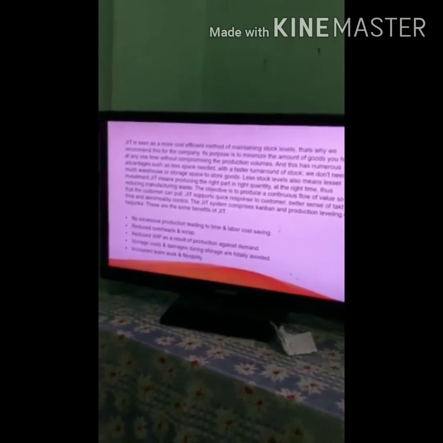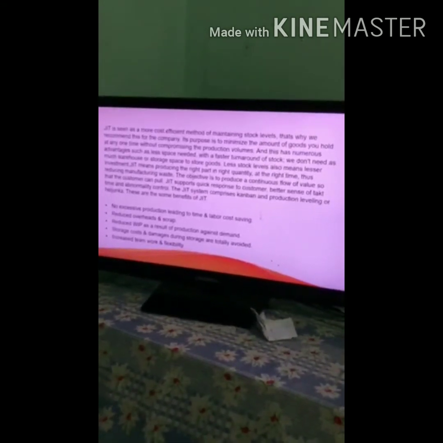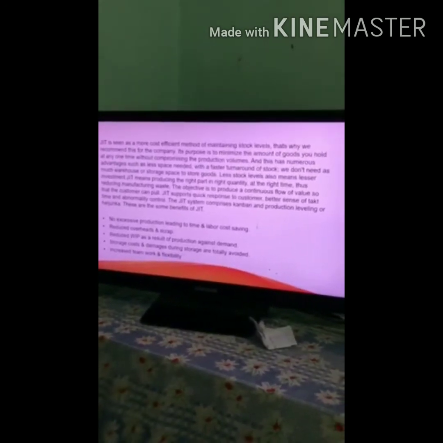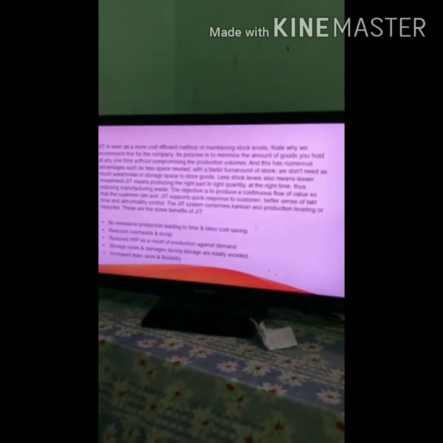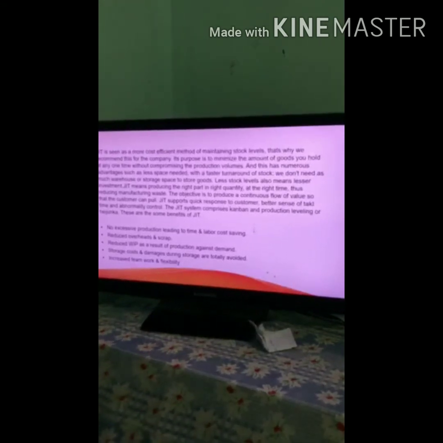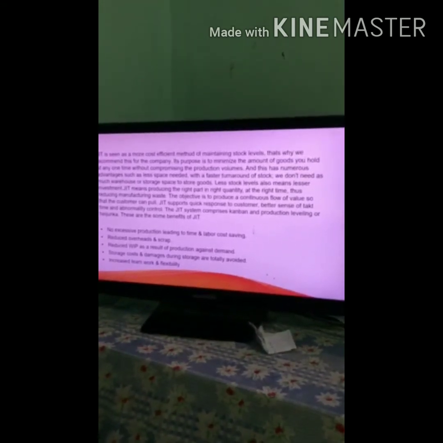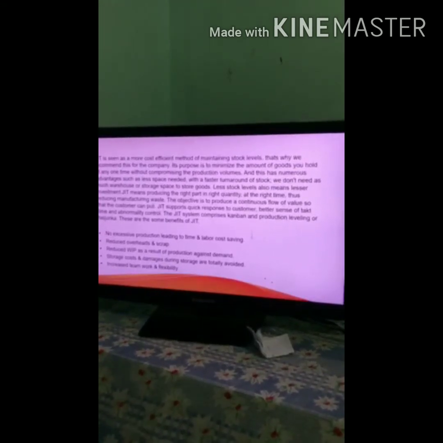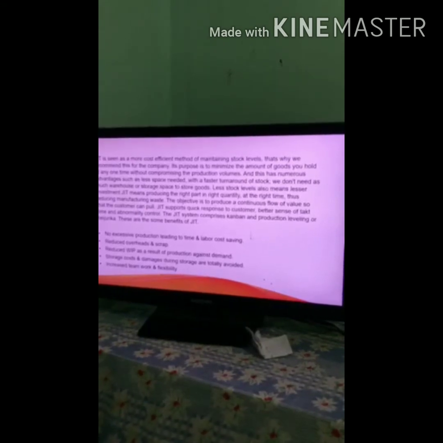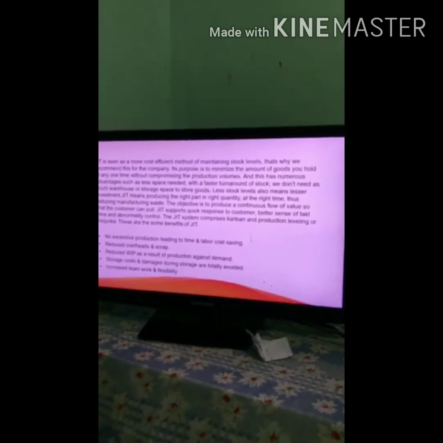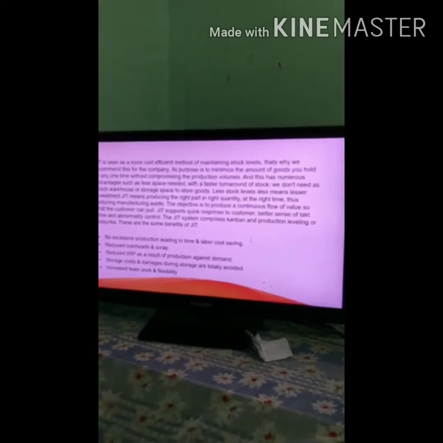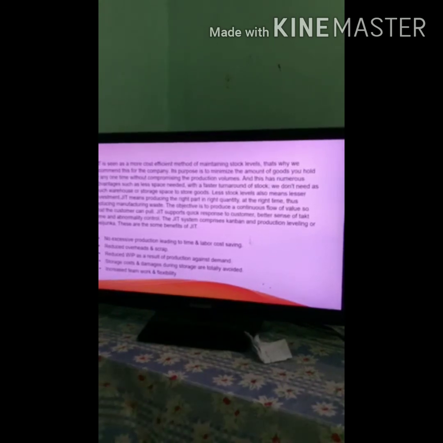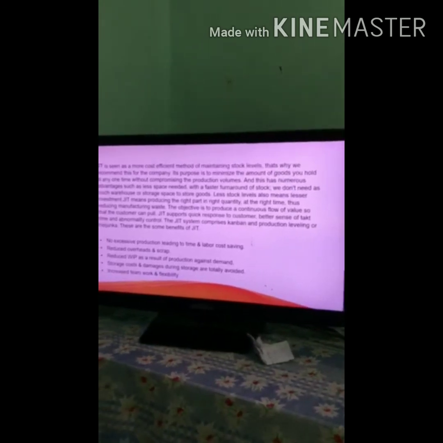So JIT, or just in time, is seen as a more cost-efficient method of maintaining stock levels. That's why we recommend this for the company. So this just in time is more helpful to the company based on their production, their zigzag formation. JIT and the U-shape line will help so their work is continuous and they won't be scattered around. So for the workers, unnecessary movement is eliminated,